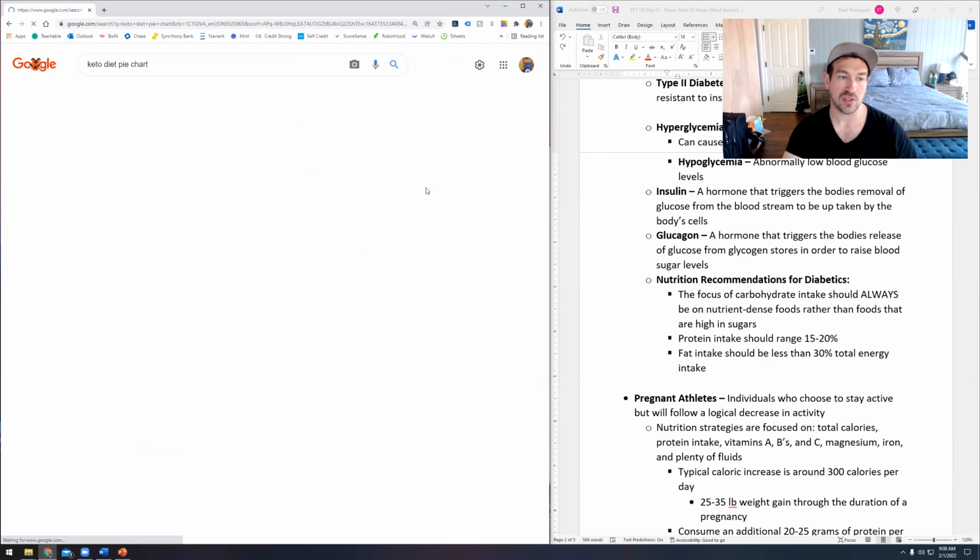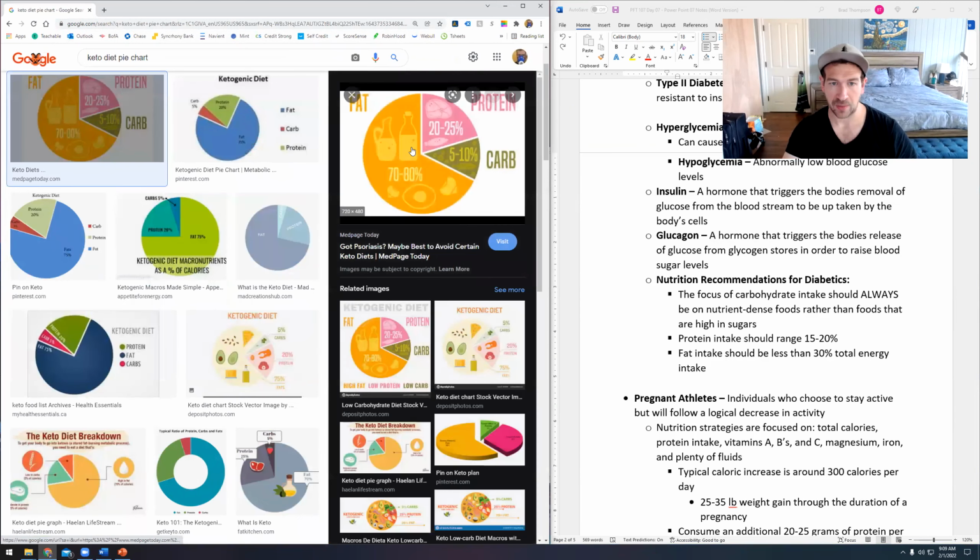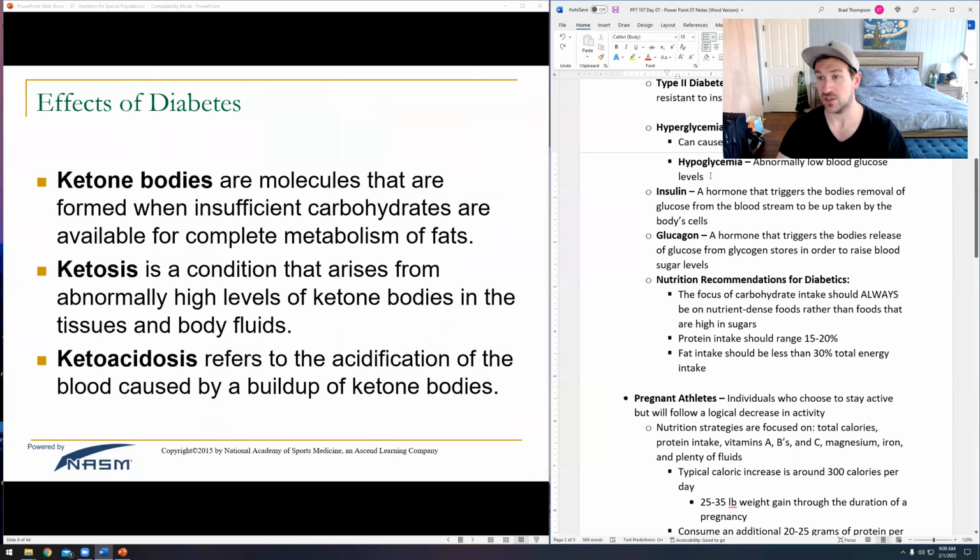It's basically most of your diet, about 75% of it is going to consist of fat, with about 20% of it consisting of protein, and only about 5% of it consisting of carbohydrates. So you have an incredibly, incredibly low carbohydrate diet, which means you are not using glucose to produce energy, right? So what's going to happen instead is that your body is going to create ketone bodies, because that is sort of the byproduct of this process called beta oxidation.